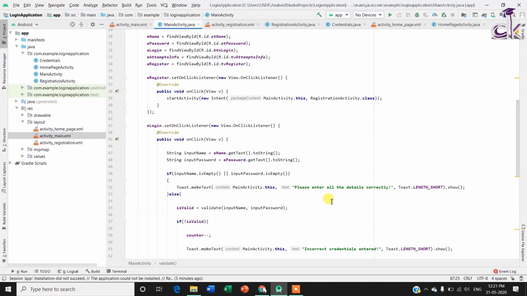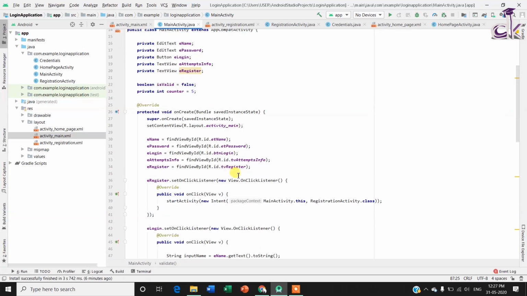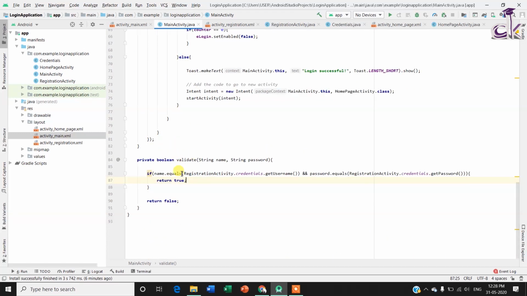Okay, so it's a very simple app, but we have accommodated a lot of topics here. So now there is one major flaw in this design, where if the user does not even go into the registration activity, if they directly type in their details, and what happens here is inside the validate function, we are trying to access an object which is created only in the registration activity, and in case this object is not present, then basically it's going to throw an error because you're trying to access something which is not present.